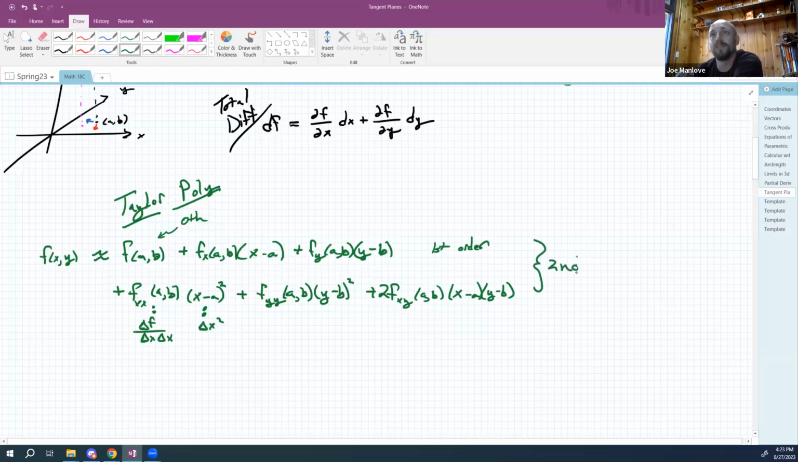Second order is the first bit and also this new stuff. Third order is going to be a thing that we could do. It's going to be f triple x, f triple y times some appropriate stuff. And then we'll have all the third order partials. So those would be